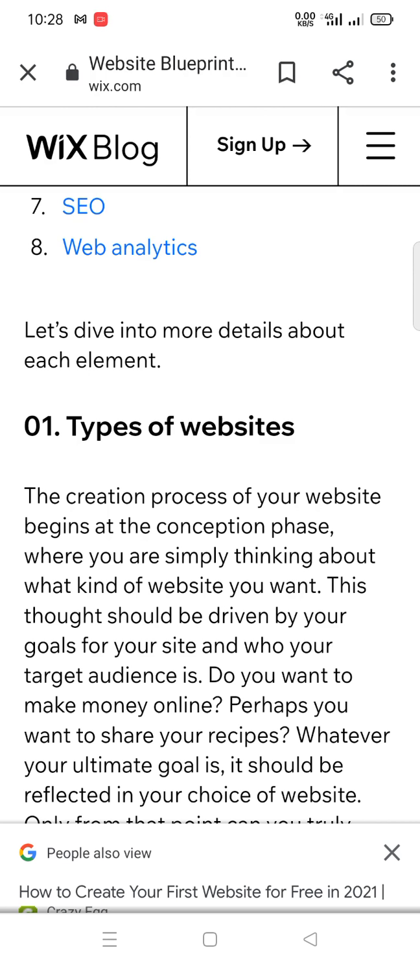Number one, type of website. The creation process of your website begins at the conception phase, where you are simply thinking about what kind of website you want. This thought should be driven by your goals for your site and who your target